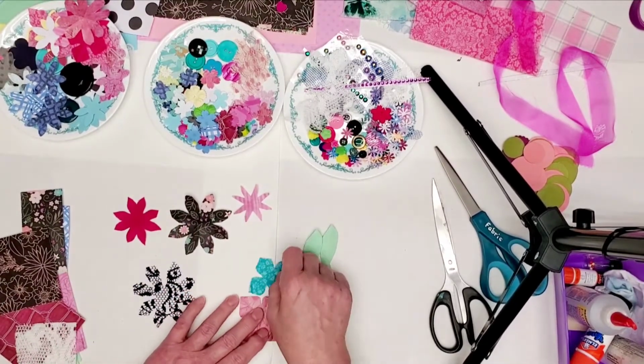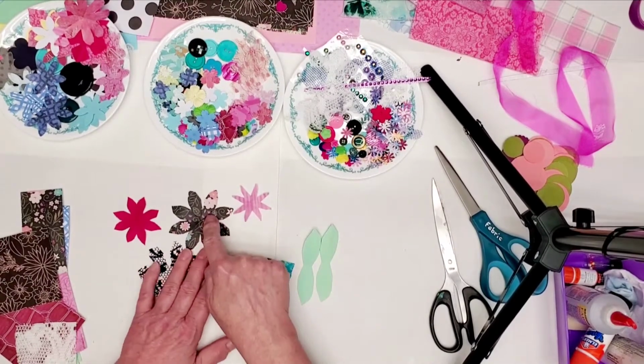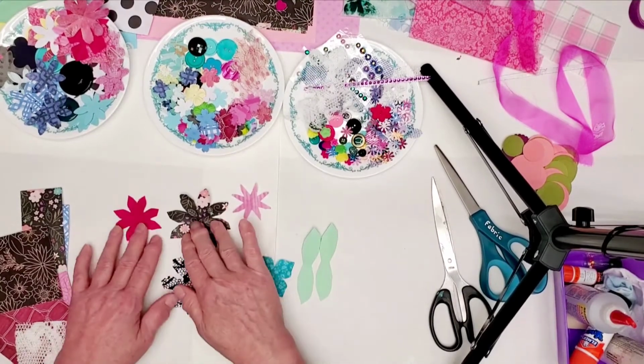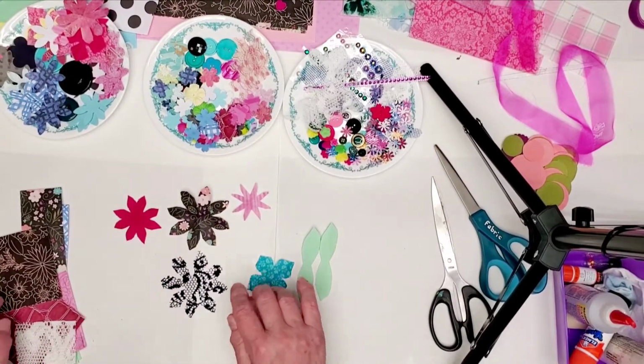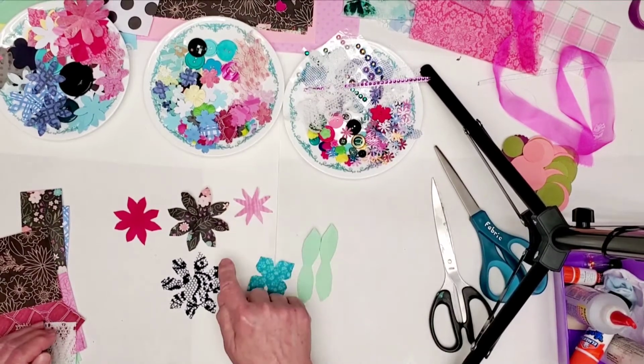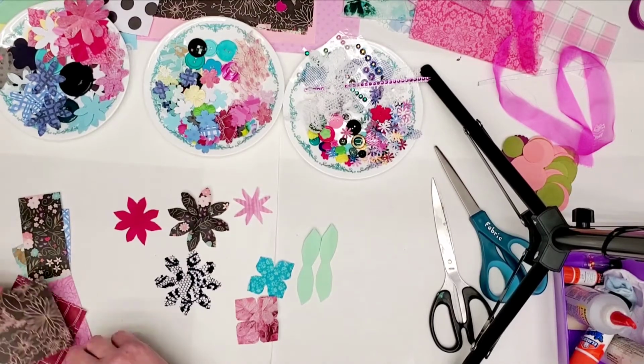When you cut the multi-petal shapes out, how much you round the edge is how you alter the shape. But basically they have the same extension, so you can make them real pointy like that, or you can make them more rounded like that. And if you'll notice,